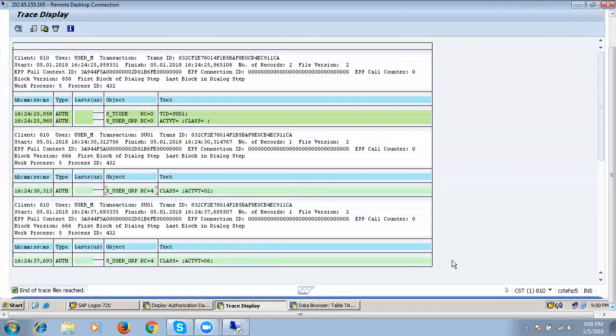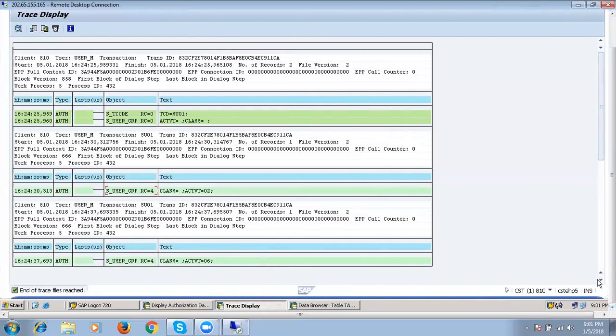After that, he went to 06, the delete permission. For activity 06 also return code is equal to 4. That means again for this activity he missed the authorization. That means 2 times he got the message, you are not authorized for activity 02 and 06.